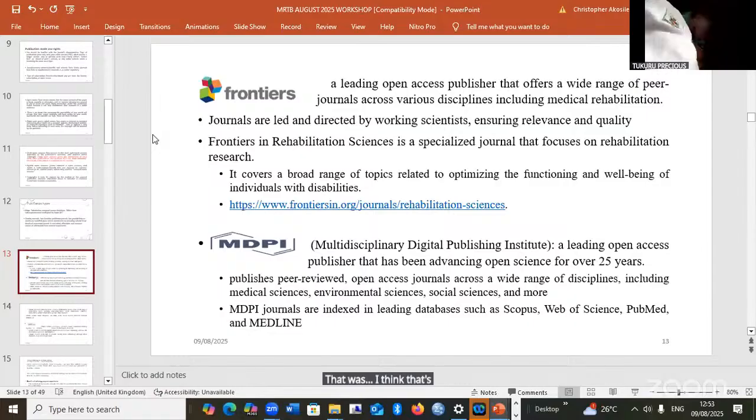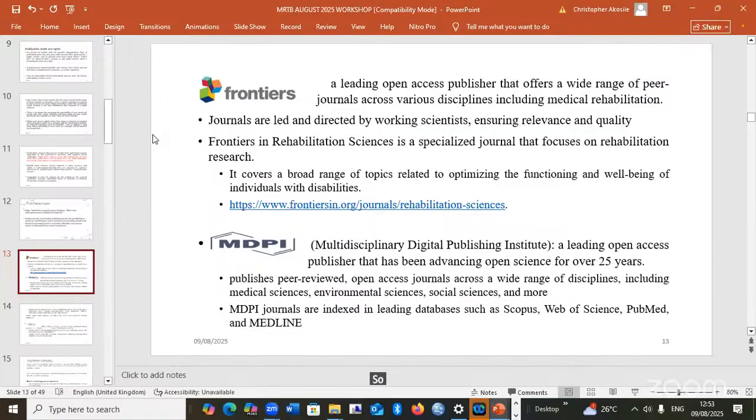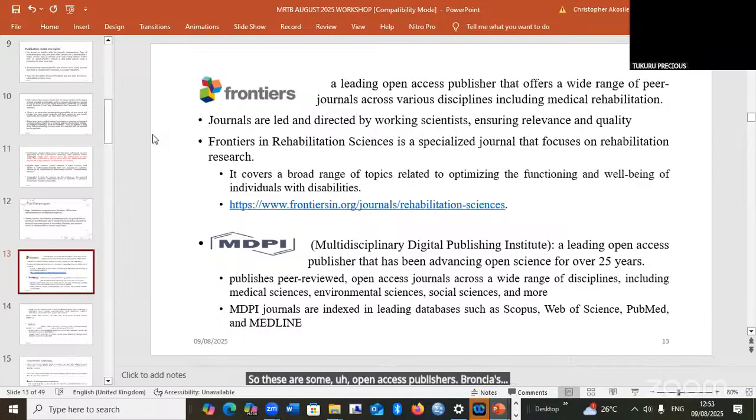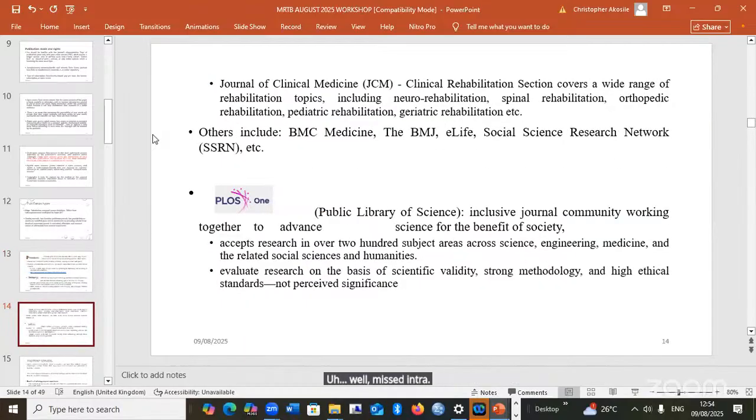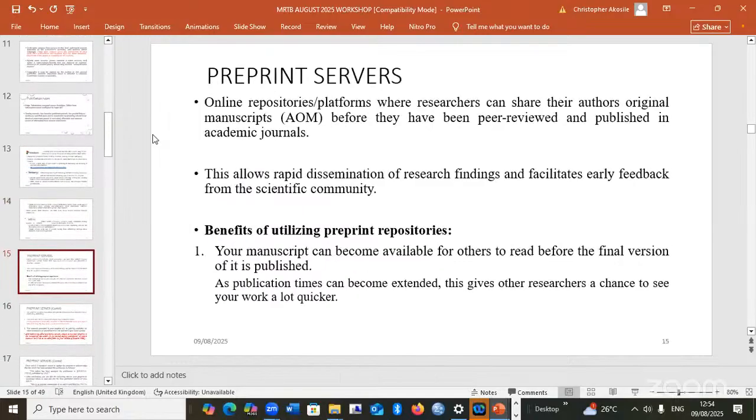Never finished my meeting. So these are some open access publishers. Frontiers, MDPI, Multidisciplinary Digital Publishing Institute, BioMed Central, PLOS ONE. These are generally well-known open access journals.